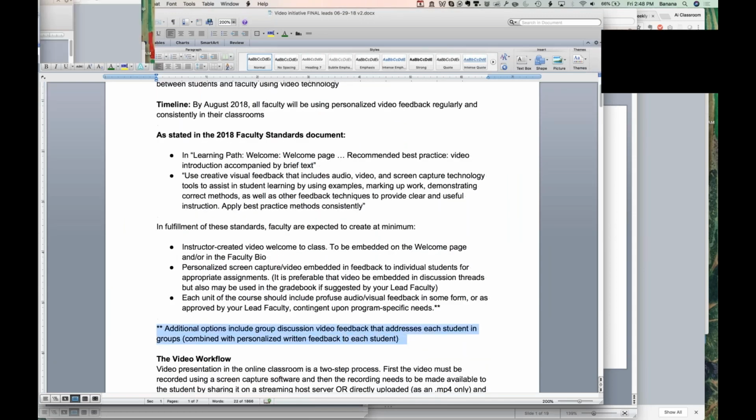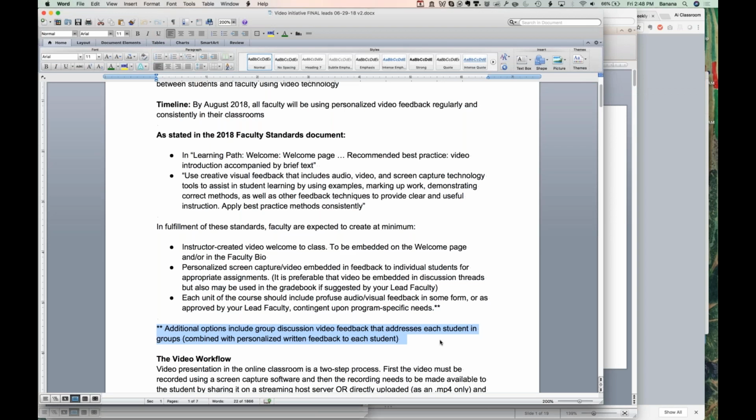So for instance, in a course where you're trying to provide task level feedback for them to revise their paper, you may want to provide that individualized video, one student at a time, so you can really speak directly to them and what they did. But maybe you notice 4 or 5 students struggling with one particular issue, then maybe you could hit all of them at once with that video. So that's an option in bigger classes that you can potentially implement. Not sure how effective it would be, but something to keep up your sleeves just in case.